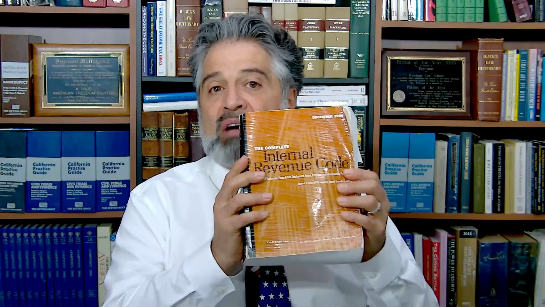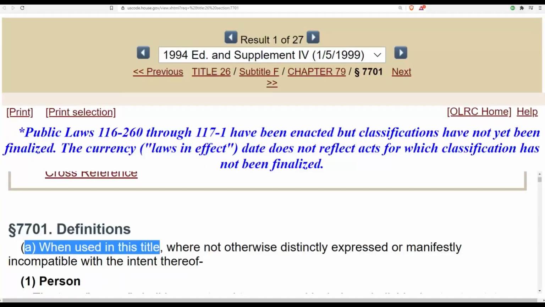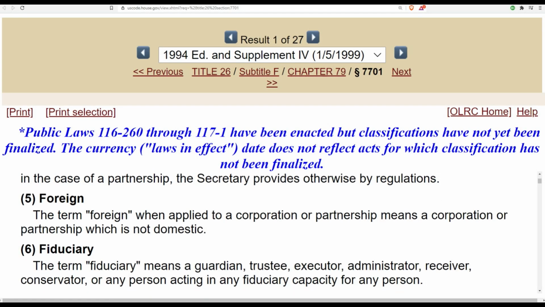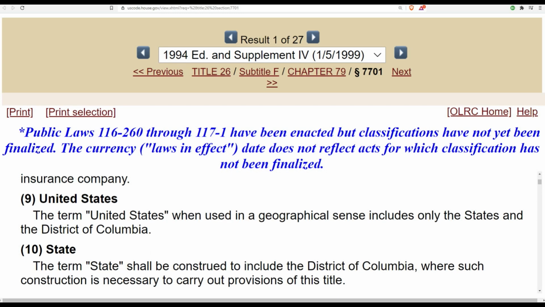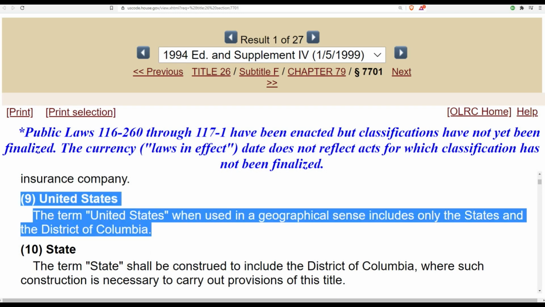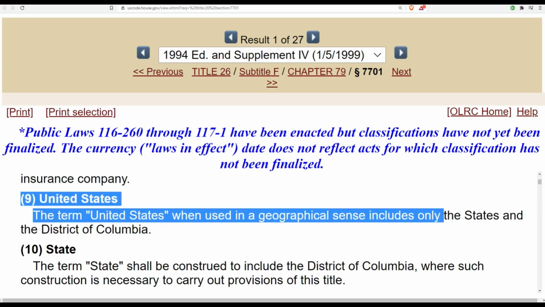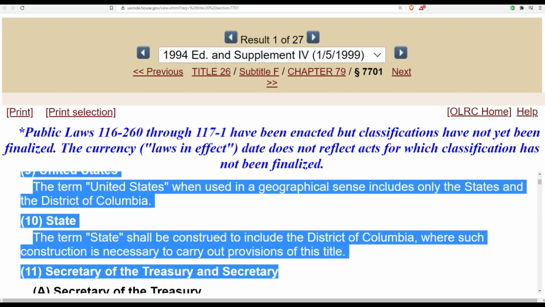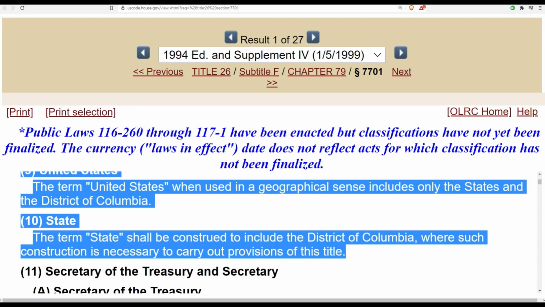Title 26, the Internal Revenue Code, the federal tax laws. In this title, they tell you that the term United States, in the geographical sense, includes only the states and the District of Columbia, and the state shall be construed to include D.C., where such construction is necessary to carry out the provisions of this title.